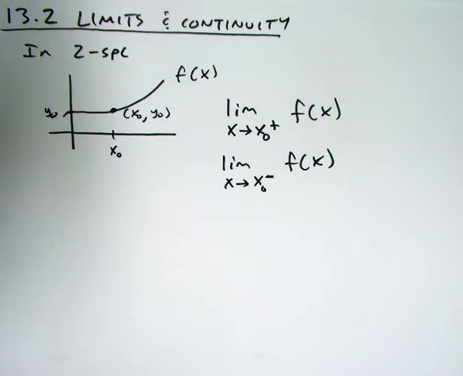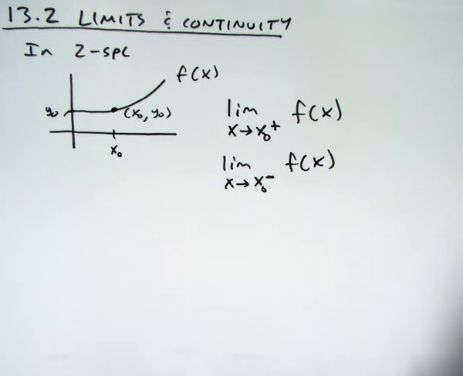Like sometimes there might be a hole in the graph, but you're like, well, no matter which way we come from, if we come from the right or the left, we're still getting really close to 3, let's say. So we'd say that the limit would be 3 at that point. Well, in 3 dimensions,